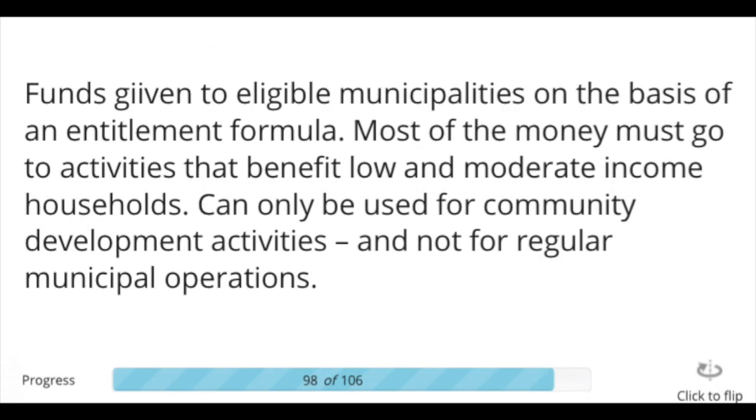CDBG is a Community Development Block Grant, which is intended for low to moderate income sectors of a city. It's administered by HUD to local municipalities and is pretty much intended to rehab single-family homes, improve transportation services or health services regarding low to moderate income people, and also build sidewalks in